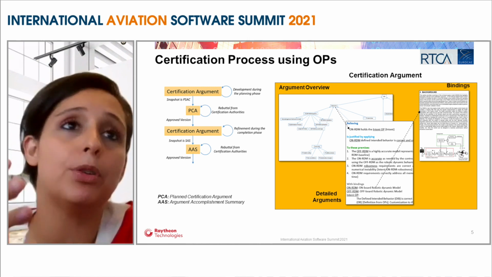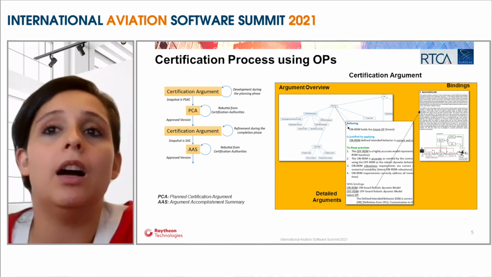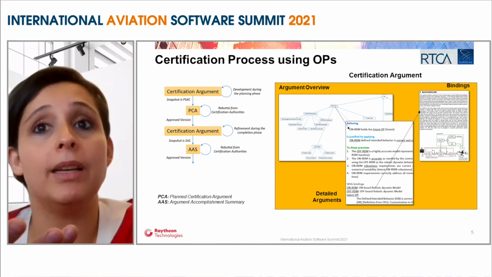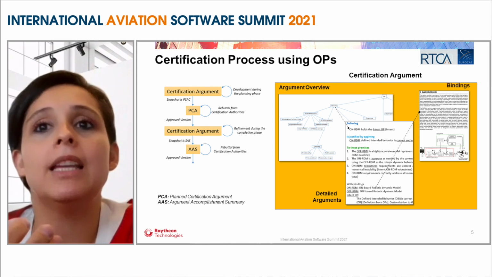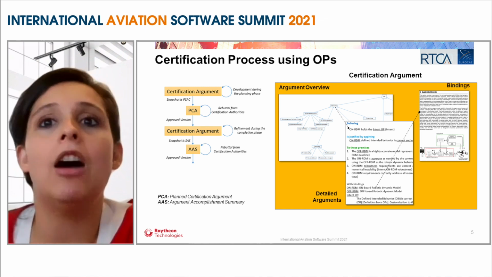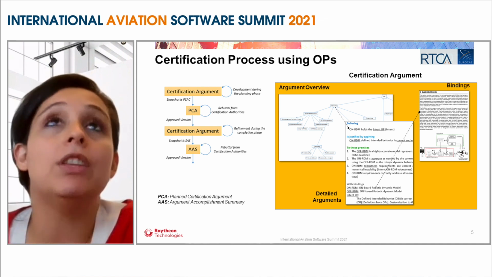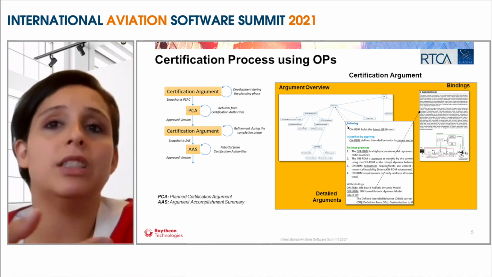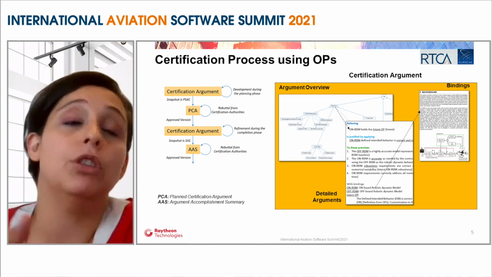During the development process of the system, the execution phase, we envision that we will create a lot of evidence that supports this argument, almost the leaves of the argument. There might also be changes on the argument itself. However, we envision that these changes are minor. And if there really are bigger changes on the argument, you will need to go back to the certification approval to have a newly approved